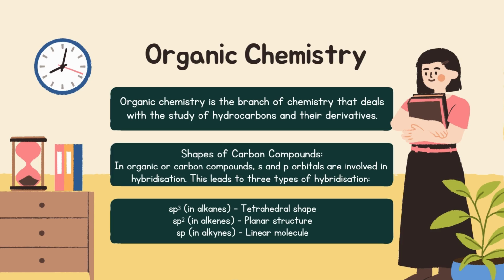Shapes of carbon compounds. In organic or carbon compounds, s and p orbitals are involved in hybridization. This leads to three types of hybridization: sp3 in alkanes, tetrahedral shape; sp2 in alkenes, planar structure; sp in alkynes,